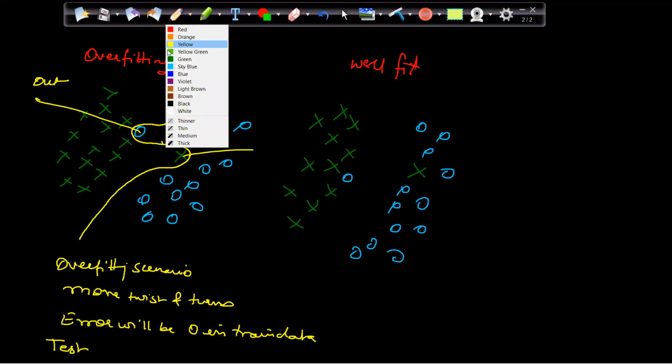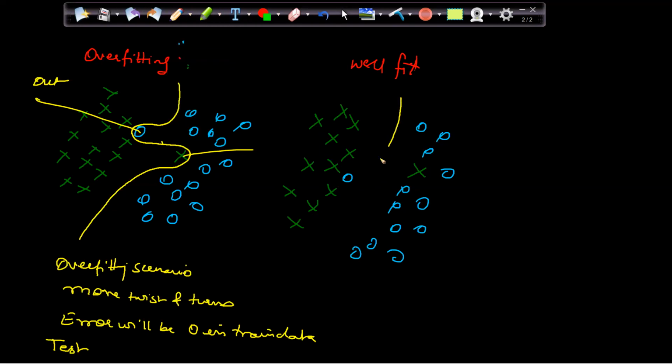And I am creating a curve which is like this, segregating the negatives and positives with a smoother curve. Here, this is my well fit scenario, where the curve is smooth, and my train data will also place well on this.